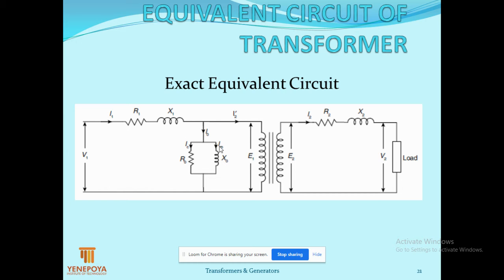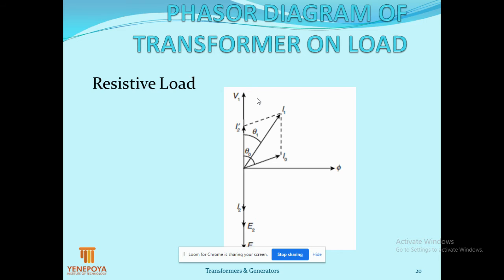How to draw I0? You already learned: I0 is equal to IC plus IW. That is not shown exactly here; I0 is directly written at an angle of pi naught. To draw it, you mark IC here and Im here, and with the vector sum of IC and Im, you get I0. Now take flux as the reference vector, with V1 at an angle of 90 degrees to it, the input supply. Pi is responsible for inducing EMF E1 and E2, which are 90 degrees out of phase with pi, or 180 out of phase with V1.